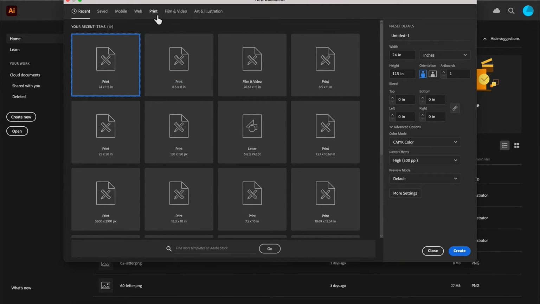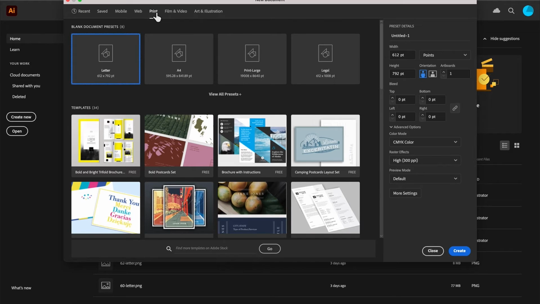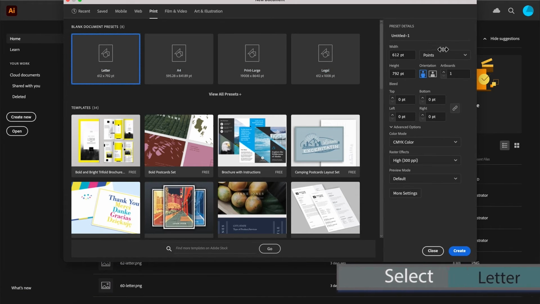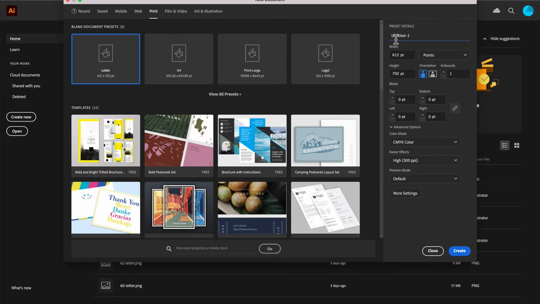Then I'm going to come over here to print, click on it. And you have several templates here that you can select. I'm going to select letter. Okay. Then come over here. I'm going to name the file. Okay. 24